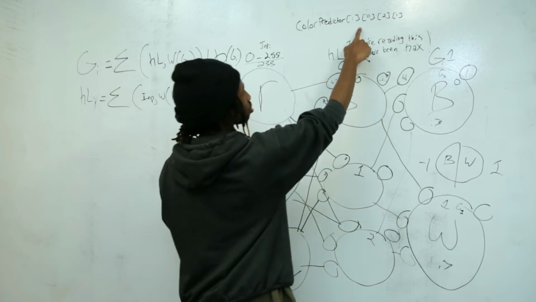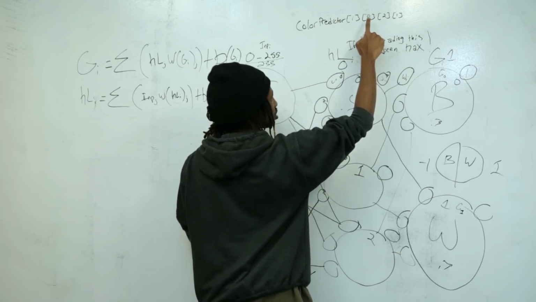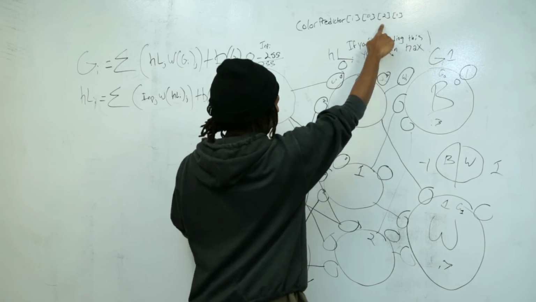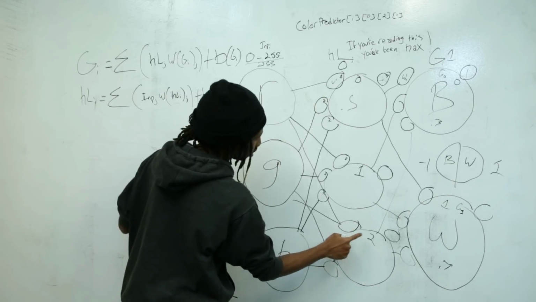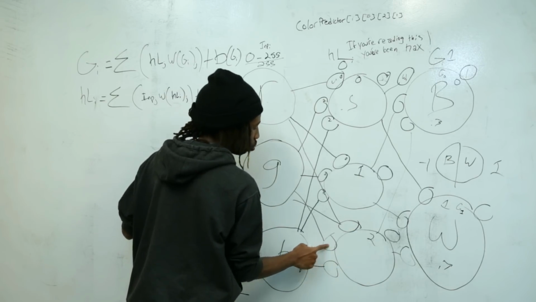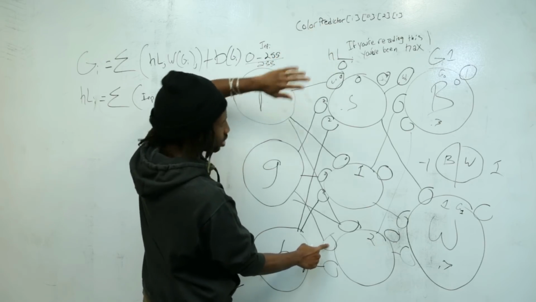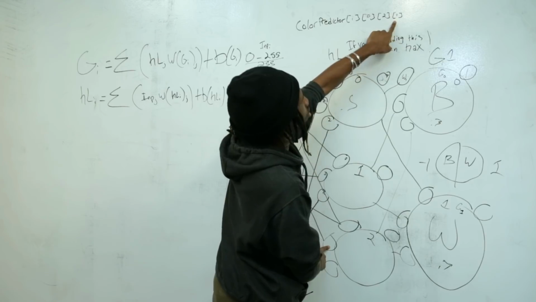And so how this works is, if we want to grab a reference to 0, that is going to be the hidden layer. And then 2 is going to be the last node, and then 1 is going to be the second weight, because it starts 0, 1, second weight. So this variable is grabbing a reference to this weight. That's exactly what color predictor 0, 2, 1 is doing.